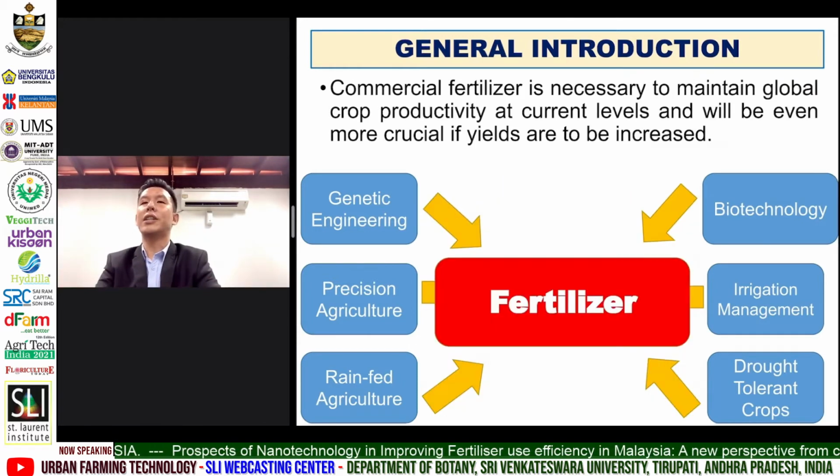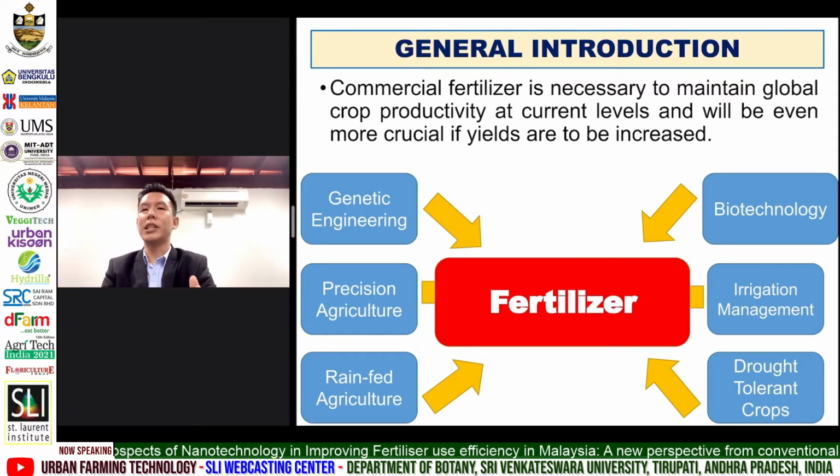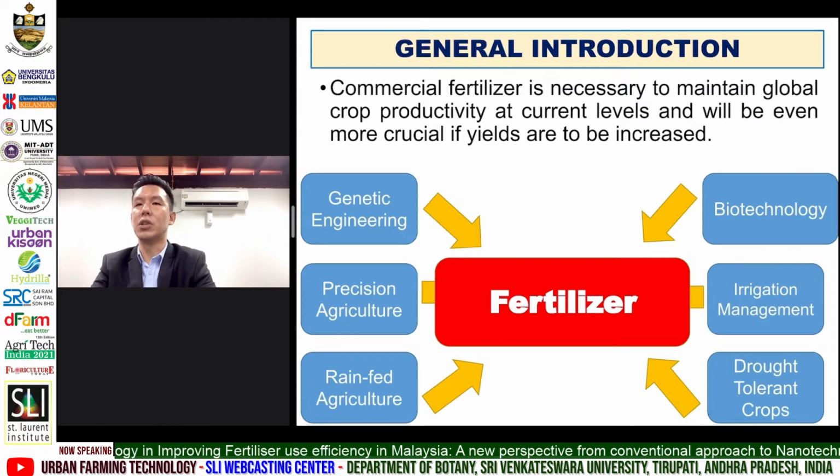After highlighting the food crisis issue, we can see that fertilizer also plays an important role in helping to solve the food crisis issue. This is because most of the food comes from plants and animals, and these plants also need to be fed by fertilizers in order for them to grow. However, not all soils in the world are able to provide sufficient nutrients to the plants, and this is where the fertilizer will come in to solve the problem by providing the major nutrients required for the plants.